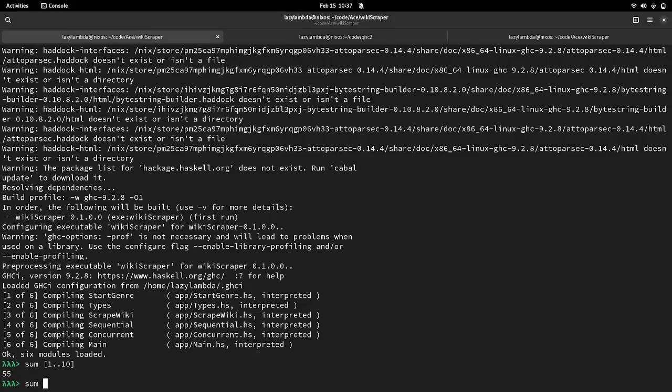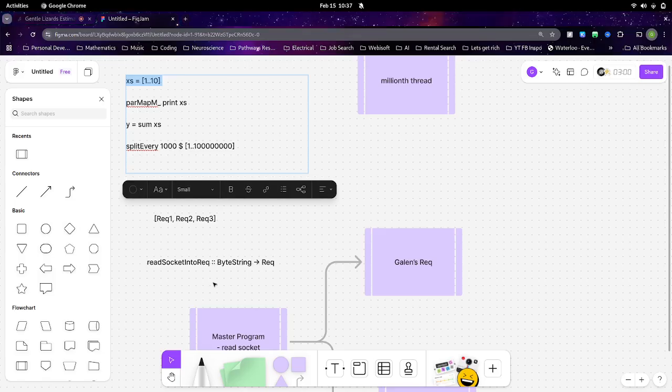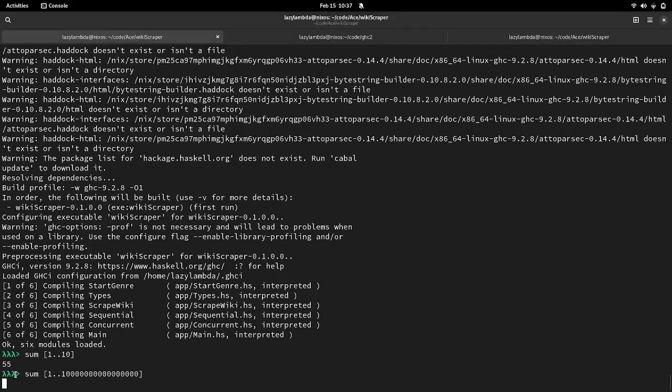But if we did say what is the sum of a much larger range, it's going to start to take some time. Already we can see this is taking more than 3 seconds. So the question is, is the evaluation strategy that we have here the fastest?